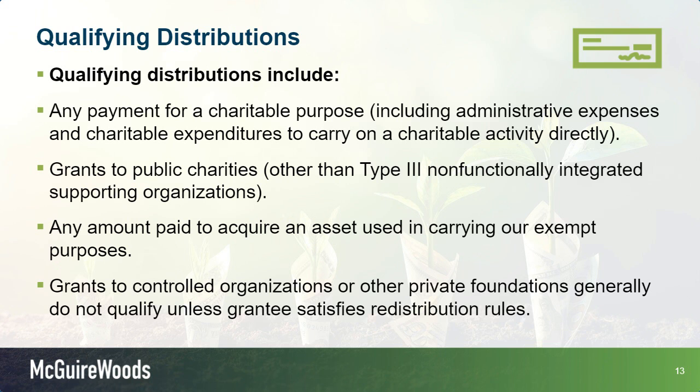And then you'll see on the next bullet here, any amount paid to acquire an asset used in carrying out your exempt purposes. In that situation, you're going to purchase something that's going to be part of your charitable activity. That's not purchasing an investment that generates money that you then use. Unless it's a program-related investment. And that's a whole topic that we could spend an hour on, and we don't have time today, but program-related investments are actually qualifying distributions for the foundation,